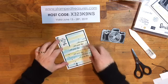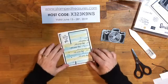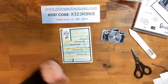So I'm just centering that. I've got a little bit more of a white border than I do the black, because I just wanted the black underneath there to make it pop a little bit. And then,